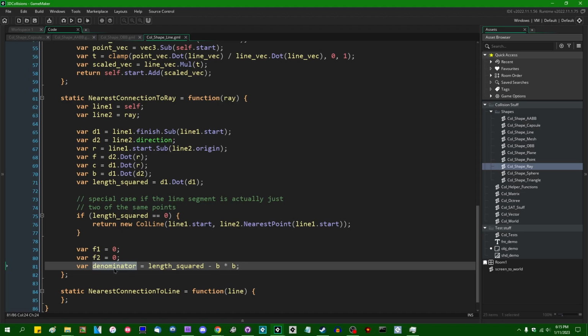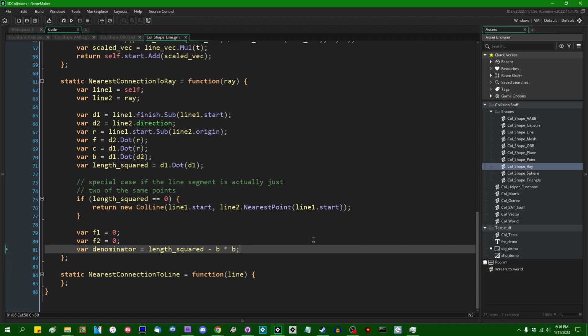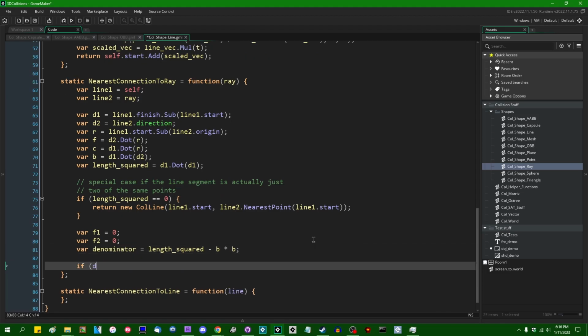As the name implies, we are going to be dividing something by the denominator later on. This is going to be to figure out if the two lines that we're dealing with are parallel. If the two line types that we are dealing with are parallel, then there are infinitely many shortest points between the two lines. That's going to be a bit of another special case. So I can say if denominator equals 0,